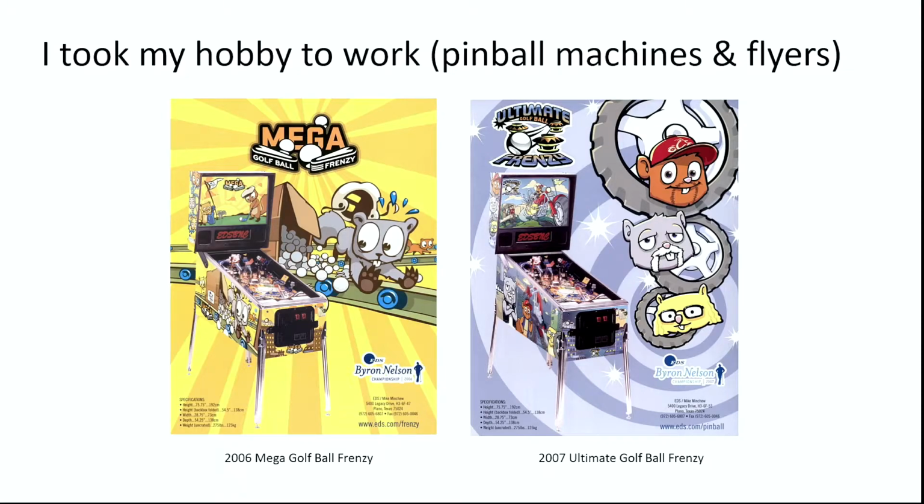So the next year, if you move to the other flyer here, Ultimate Golf Ball Frenzy, if you guys remember a TV show called American Chopper, and it was on, I think at the time, Discovery Channel. My kids and I had been watching it. It was the father and the 2 sons who owned a company in Orangeville, whatever, New York, not California, and they built these amazing motorcycles for charity, and they did one for the space shuttle crash, one for the firefighters, and all this. So I had a friend at Discovery, and 2 days later we were on a jet up there,